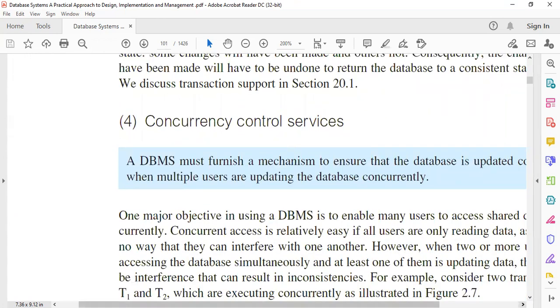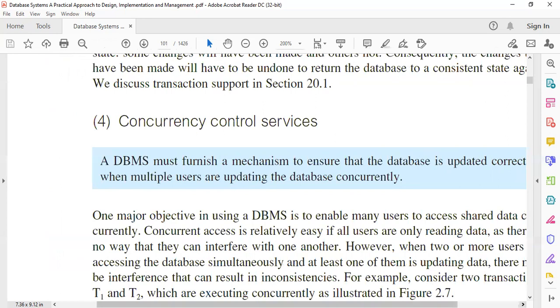The other very important function, number 4, is the concurrency control services. Remember, the database is being accessed by several individuals. Each of these individuals, the users, must be able to, or the DBMS